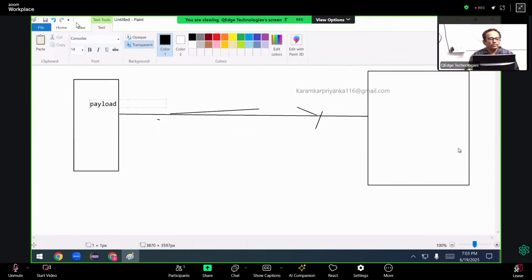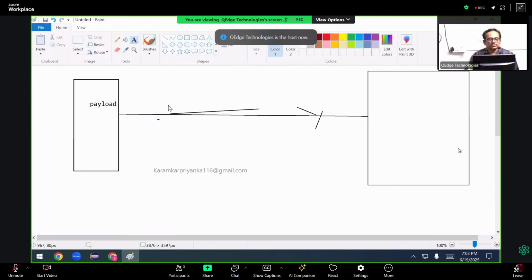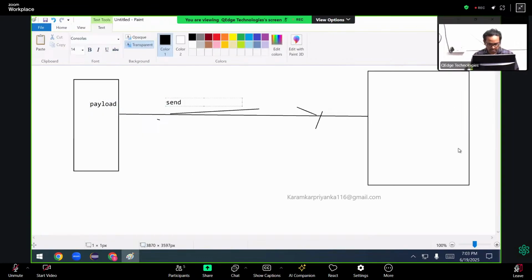The payload will send some changes to the target server. The server is here just for the sake of understanding. We took Jenkins, right? So the current